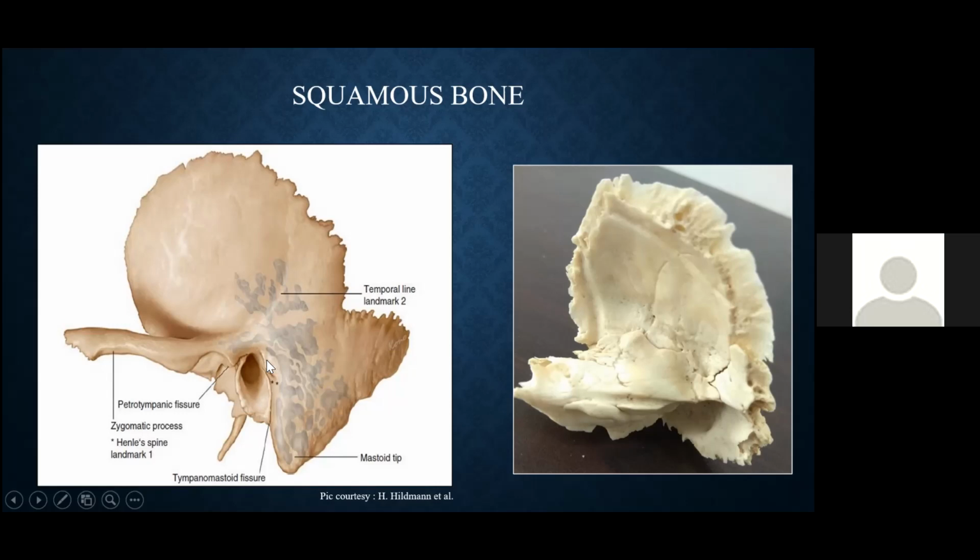And the posterior superior edge of the posterior wall of the squamous temporal bone, it gives a projection which is called as the spine of Henle, a very important landmark for any mastoid surgery, and it corresponds medially to the attic. So this was the lateral surface. The medial surface you can see of the vertical part. It also has a groove for the middle meningeal artery, and this is the horizontal part, which is responsible for forming the tegmen tympani when it is fusing with the petrous part of the temporal bone.